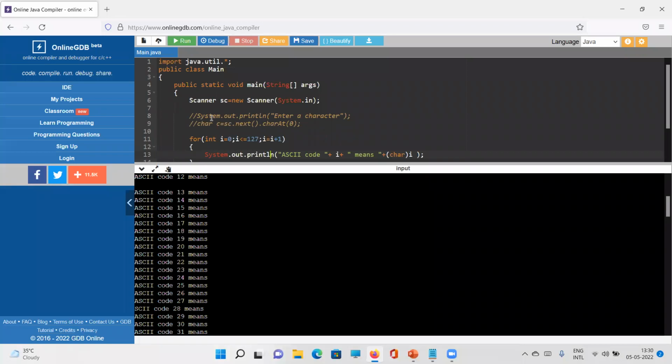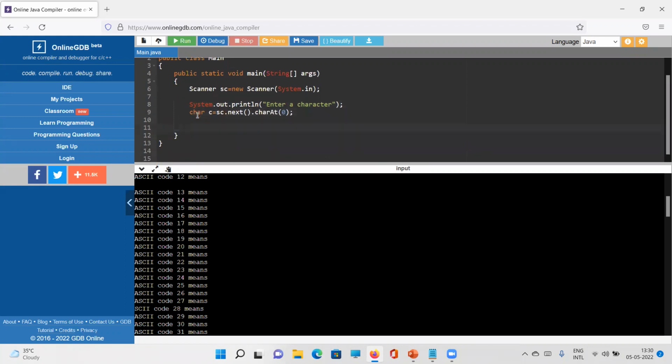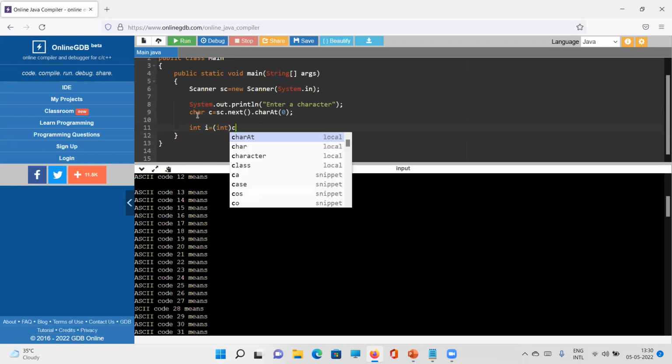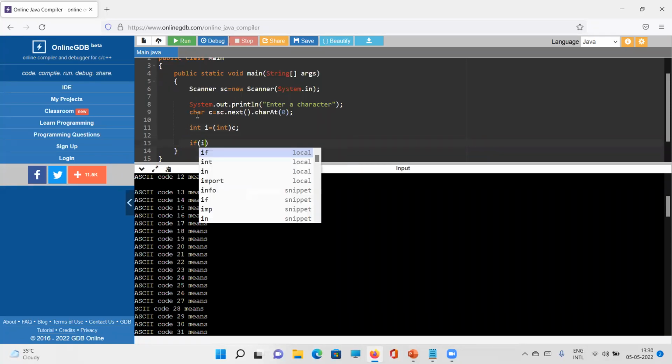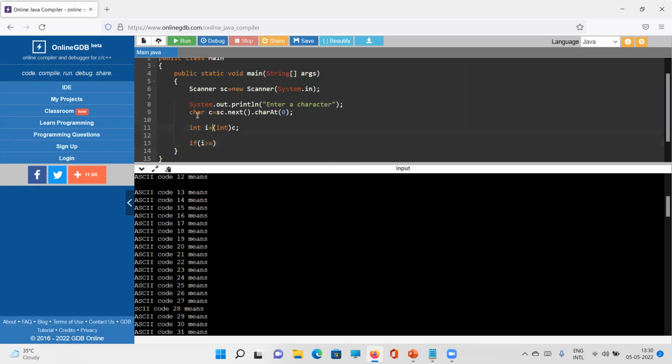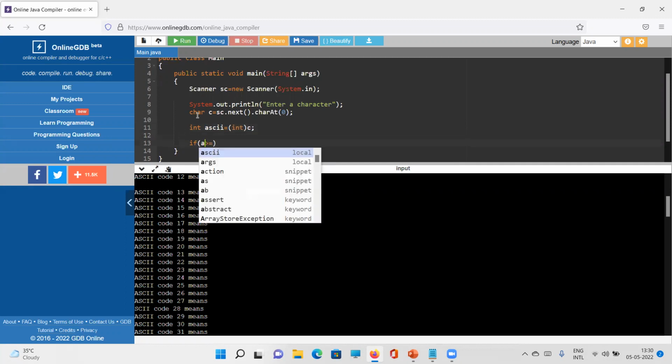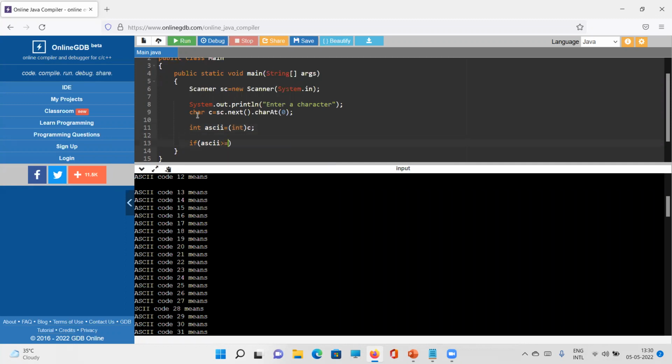So if anyone asks, tell me if the user has entered uppercase, lowercase, or not an alphabet at all, what I will do is take the input. After that, I will convert it into the ASCII code. You can see I can convert it into the ASCII code. And after that, I will simply check that ASCII code value, and I can give it some variable name, suppose ASCII. You can take any variable name. So if the ASCII code is greater than 65 and the ASCII code is less than 90, then I will simply print